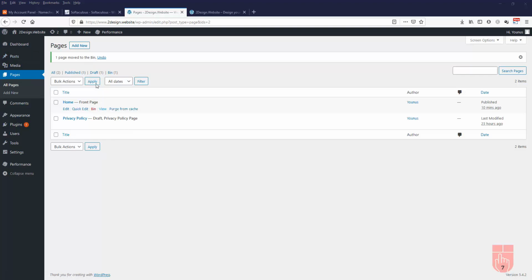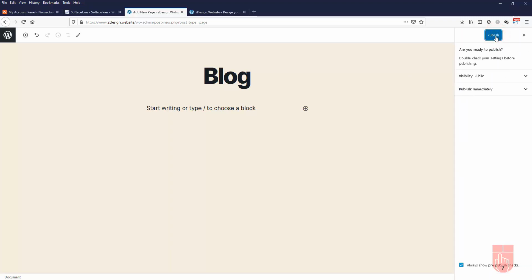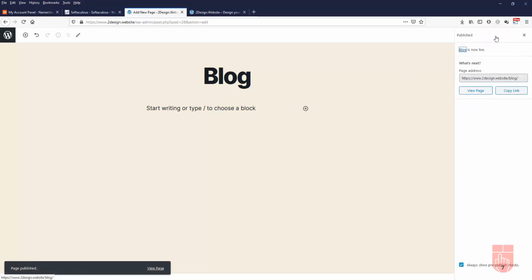For that, I'm going to create a new page by clicking the add new button. I'll give a title, blog, and I'll not add anything here. I'll straightway click on the publish to publish this page. Click once again. Now what I'll do, I'll go back to the dashboard,